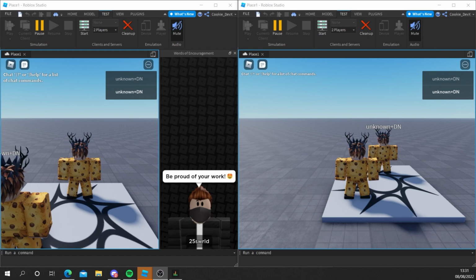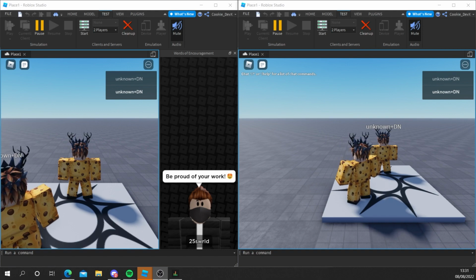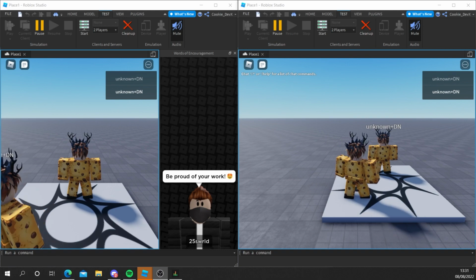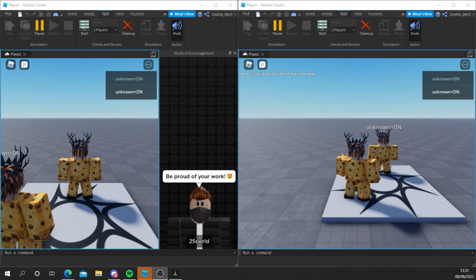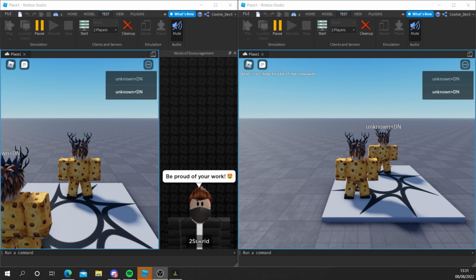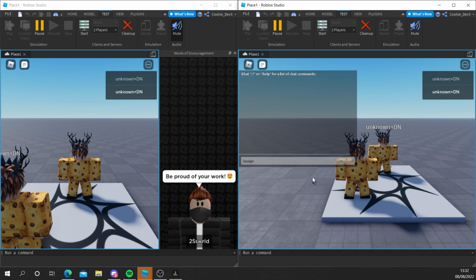Okay, so now you can see we're inside of the Roblox game, and how the system works is it essentially checks how many people are inside of the game, and depending on how many people you want per team, it will automatically assign those people to a team. So keep in mind the command will be rank locked, but I've made it so that anybody can use it. However, you can change that, and then inside of your chat you're going to run /assign. You can change the prefix if you want to, and now when I run this command